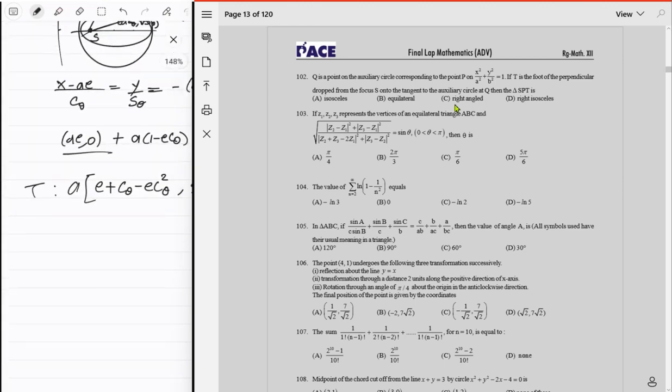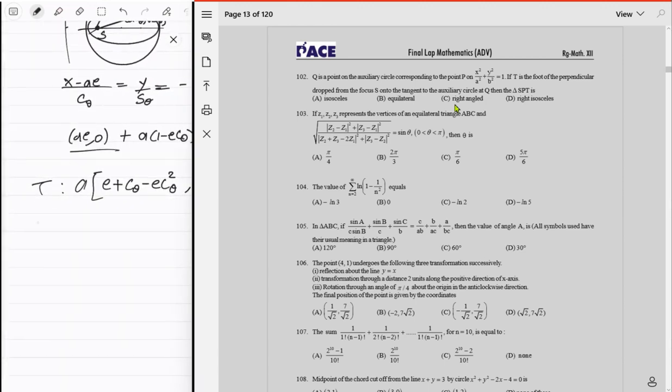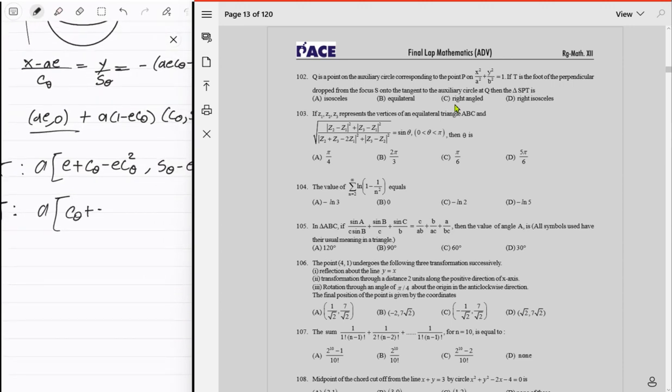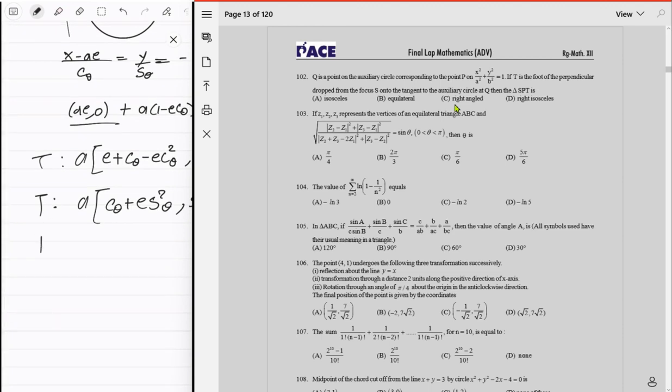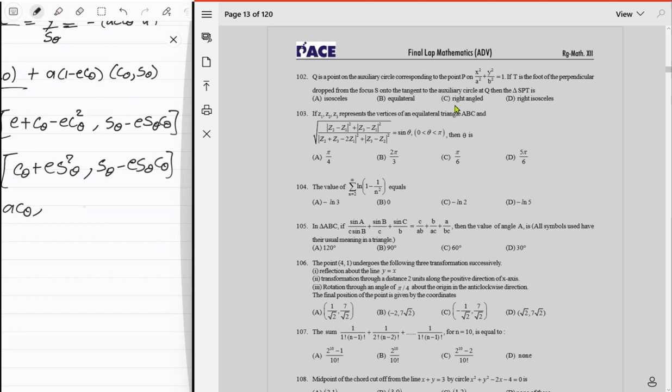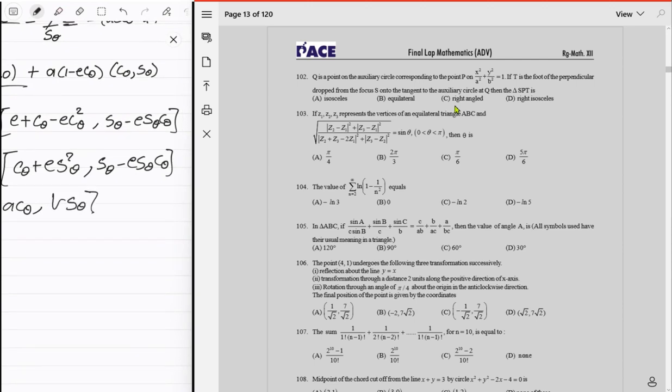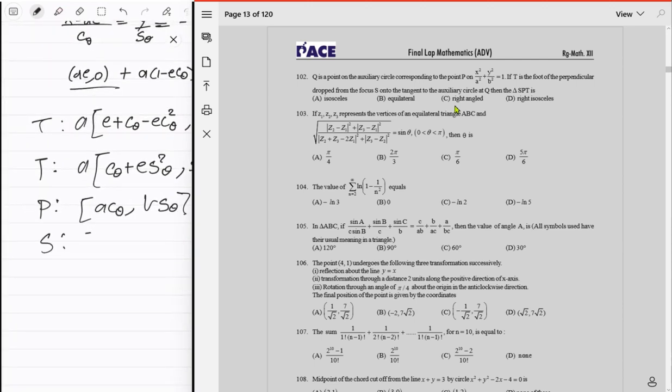T is this thing. Write T properly, a times of what? Cosine theta plus e sin square theta, and this is a sin theta minus e sin theta cosine theta. Okay, what is your P? P is just a cosine theta comma b sin theta, and S is a e comma 0, right? Okay,